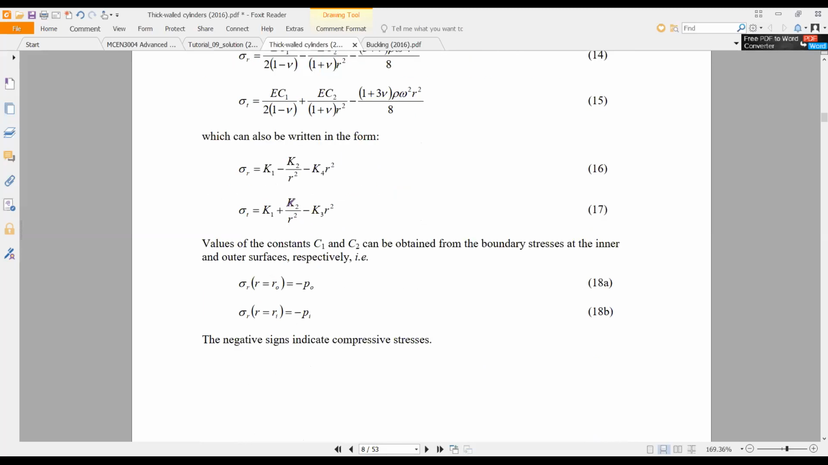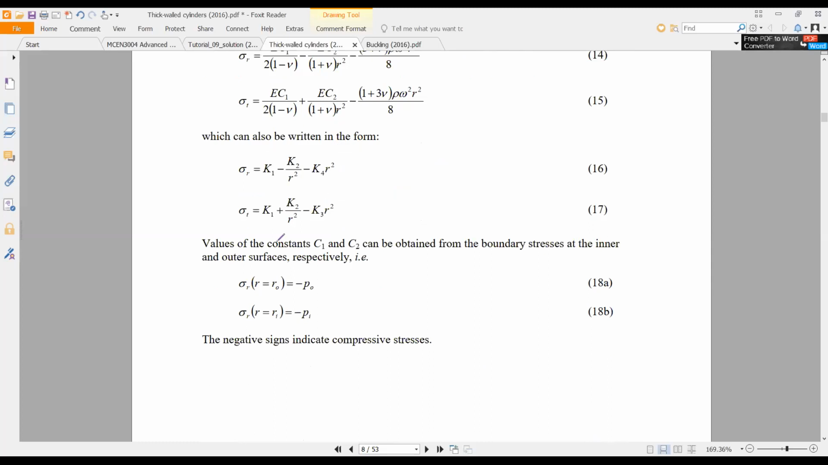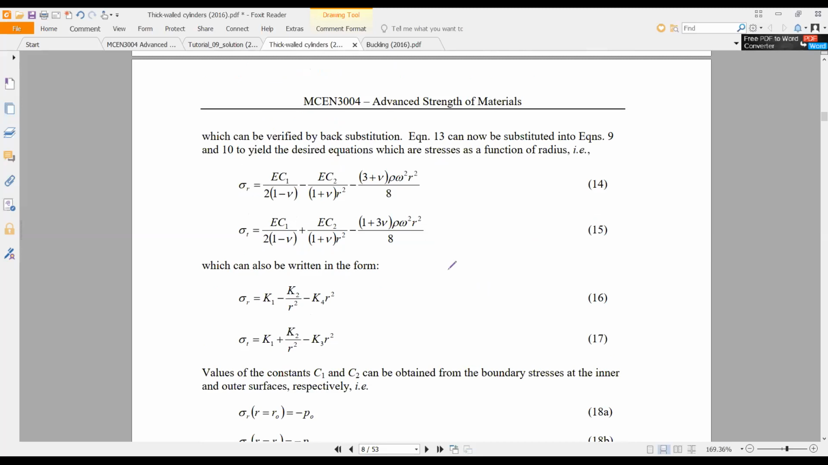So now we need to find out the C1 and C2. Still we didn't find out C1 and C2. When you're going to find out C1 and C2, we need to use boundary conditions. We already know two boundary conditions. What are the two boundary conditions? At the outer surface of the cylinder, the external pressure is P0. At the internal surface, the internal pressure is Pi. So then